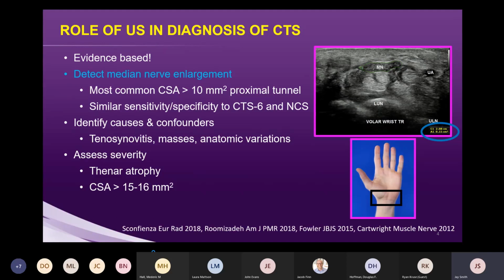And the most common cutoff that is promoted in the literature is 10 millimeters squared, meaning if the nerve is greater than 10 millimeters squared, then that would be consistent with median nerve enlargement and would support a diagnosis of carpal tunnel syndrome. As I mentioned, John Fowler's paper I like the best, published a few years ago in JBJS,